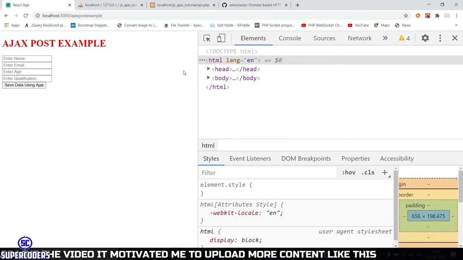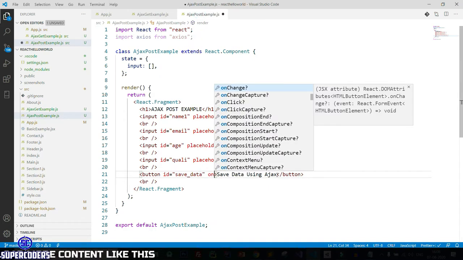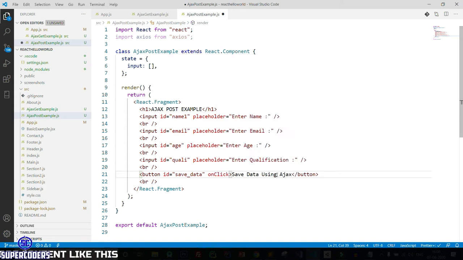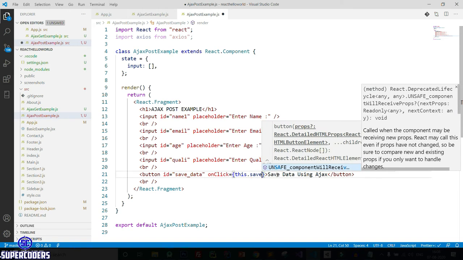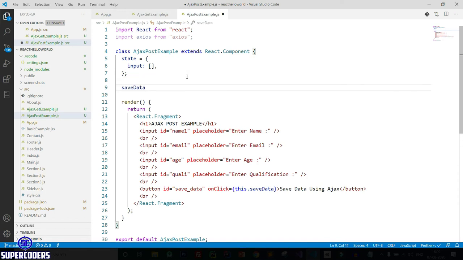Now let's see how you can save data on the server using an Ajax POST request. Again come here, then add an event. onClick equal to this.saveData. Let's create this function. Copy it. saveData equal to an arrow function.